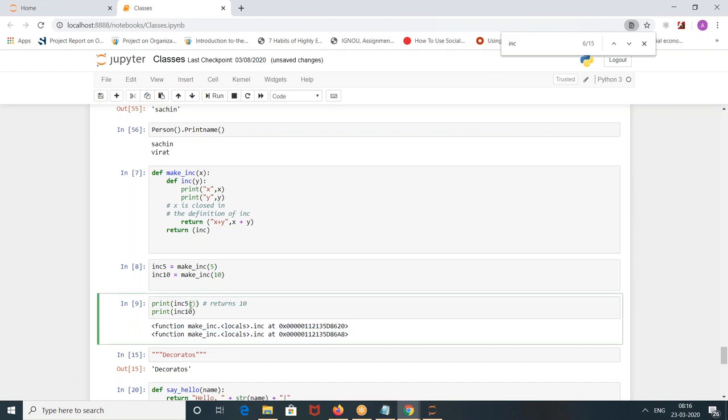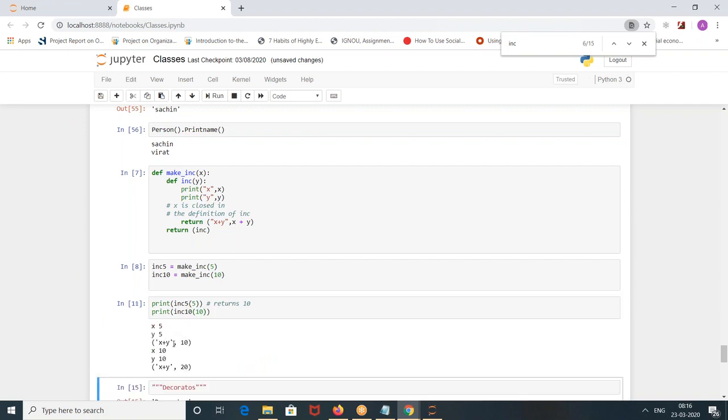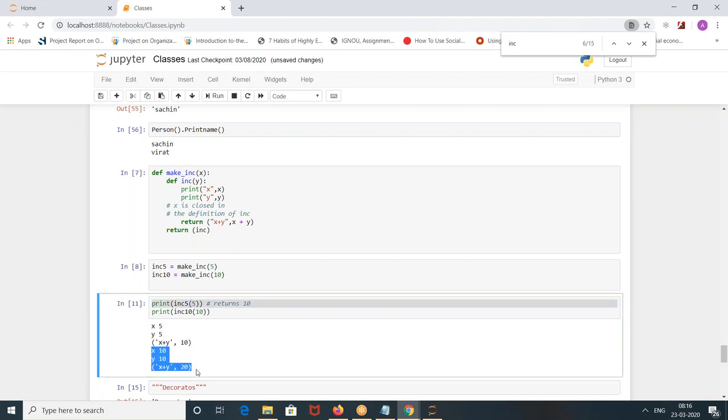Now it is expecting one more variable. If you call it and don't pass any variable, it will tell you to pass the variable. I need the argument y. Now, inc of 5 may 5, inc of 10 may 10, if you pass. See, these 3 lines belong to inc of 5, and the next 3 lines belong to inc of 10.